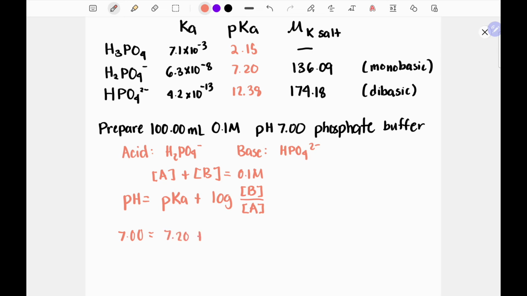What I need is my ratio for base over acid. So if I subtract both sides by 7.2, 7 minus 7.2, and then I take the anti-logarithm, that's 10 raised to 7 minus 7.2, base over acid should be equal to